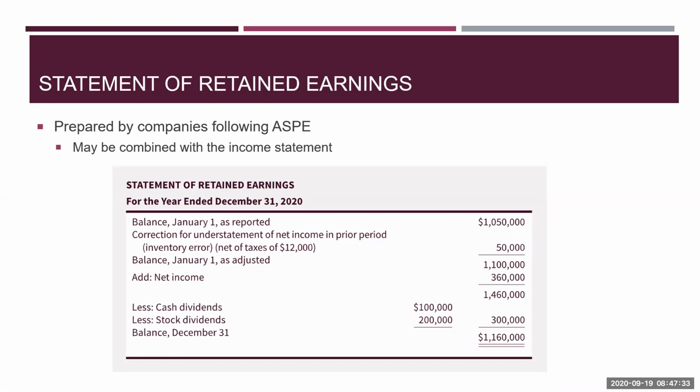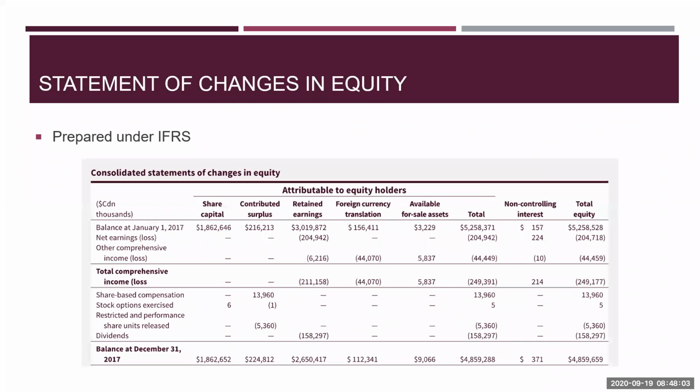That gives us our adjusted January 1st beginning retained earnings. Then we bring in our net income, and finally we deduct our dividends. Here we have shown the effect of the cash dividend as well as the stock dividend, and that gives you your ending retained earnings on December 31st. This is the easier structure that is followed under ASPE, the statement of retained earnings, but for the statement of changes in equity